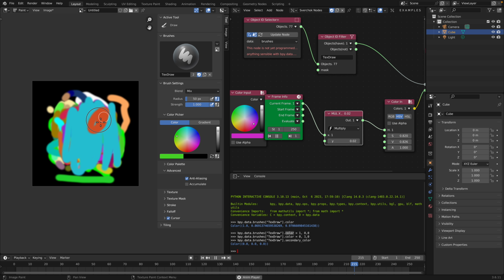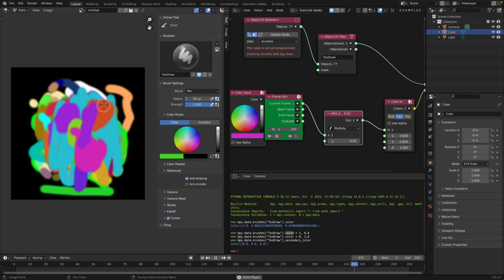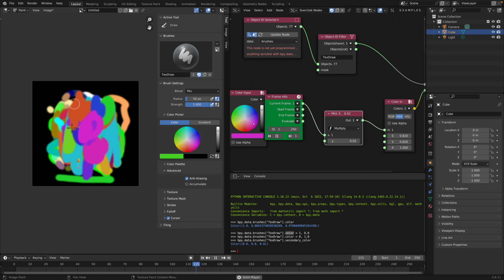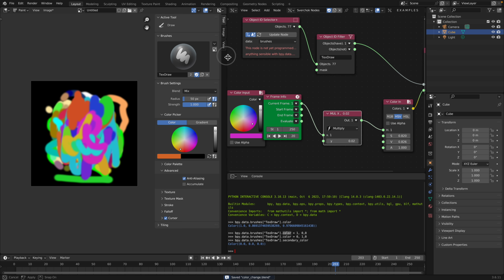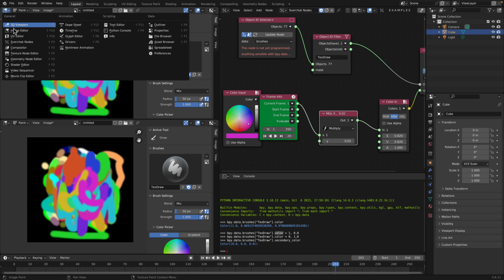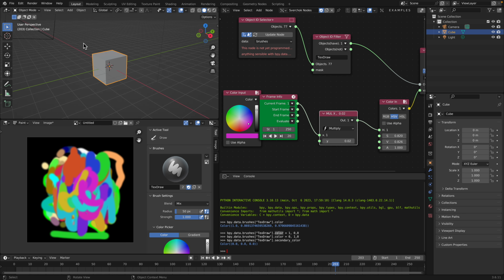I thought this ability to draw a different color every time we put a stroke is kind of useful, similar to face set, I think. You can perform this inside sculpt mode, and also we are currently painting here, right? But you can always paint this in 3D as well. So not just here. If you go to 3D,